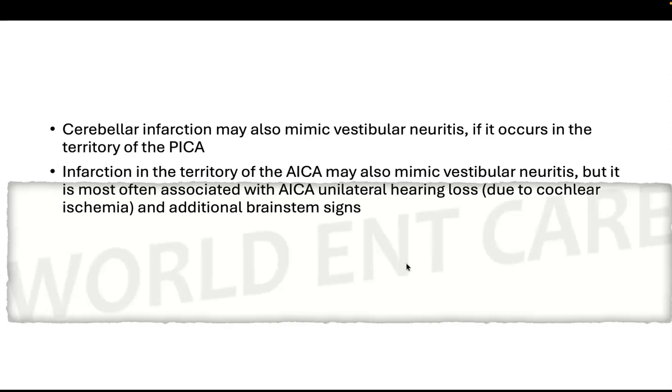Then cerebellar infarction may also mimic vestibular neuritis if it occurs in the territory of the posterior inferior cerebellar artery. An infarction in the territory of the anterior inferior cerebellar artery may also mimic vestibular neuritis, but it is most often associated with unilateral hearing loss. If AICA is involved, there will be unilateral hearing loss due to cochlear ischemia and